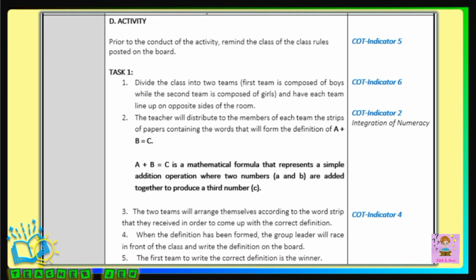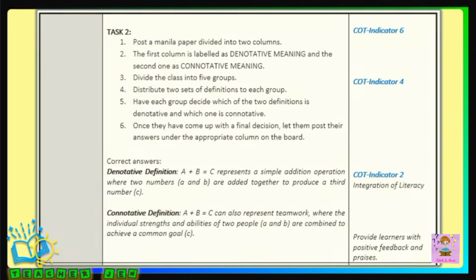The activity is structured in a way that engages learners in meaningful exploration and discovery by requiring them to work together to form the correct definition of A plus B equals C. So, this activity also involves hands-on activities as learners manipulate and arrange strips of paper to form the correct definition. At the end of each activity, I always see to it that the learners receive